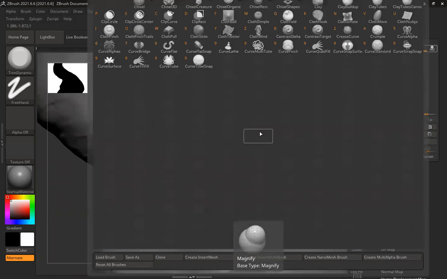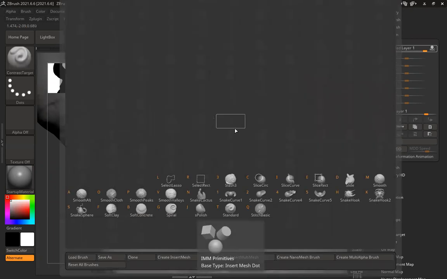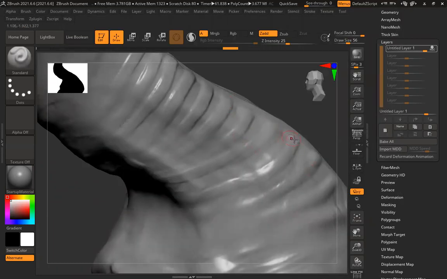B, C, smooth also I can use actually. No, not this one. BST, standard brush.